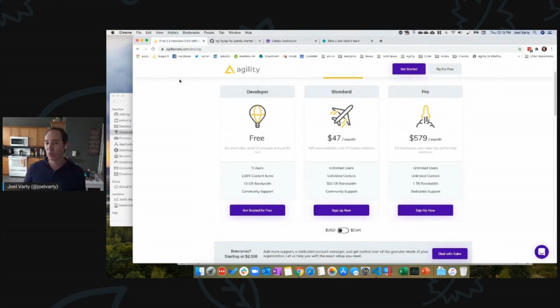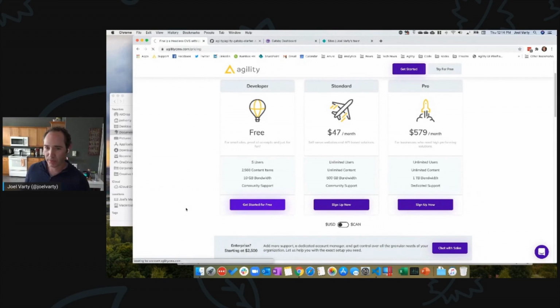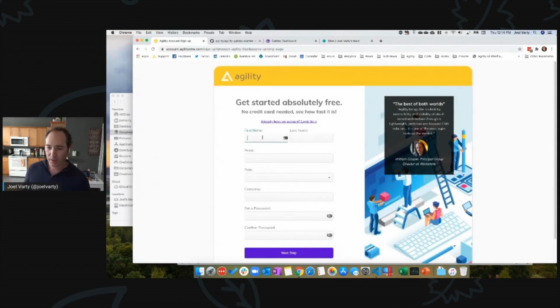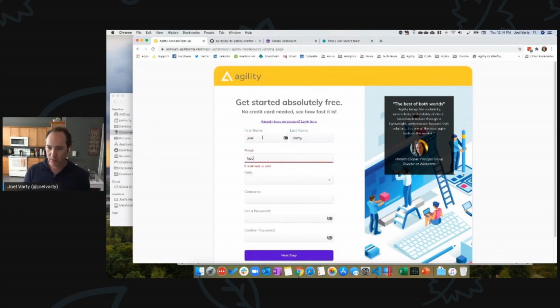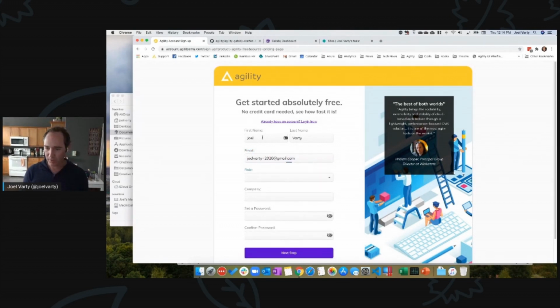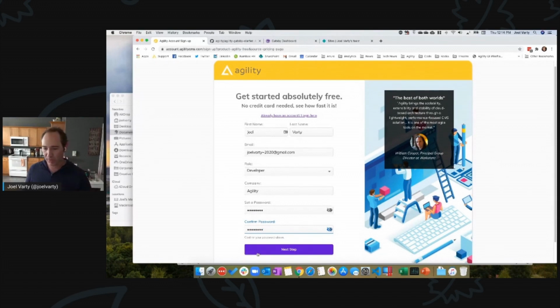Actually, Agility CMS is going to be rolling out a change very soon that allows you to sign up to Agility with your GitHub account. So if you put this off for 3 or 4 weeks, it'll actually get easier to do, but it's pretty straightforward right now. So let's do it. I'm going to click on the get started for free here and fill out a bunch of stuff. One of the things you can do is use a custom Gmail account if you want to. I want to do the exact same set of steps that you're going to be doing. So you fill out a bunch of stuff,